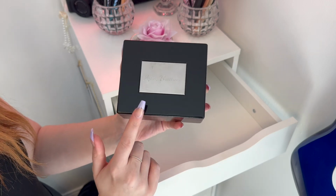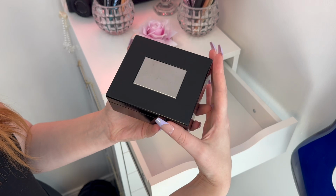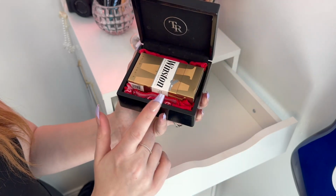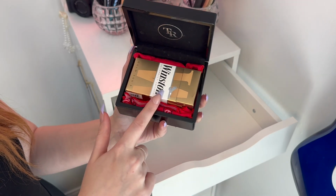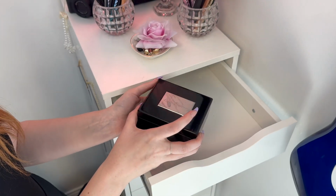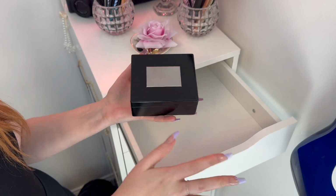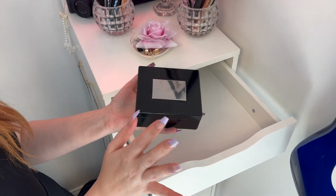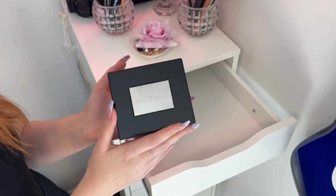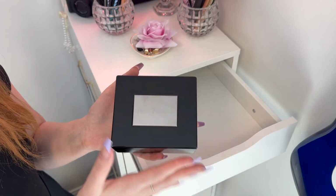So this was also a gift that I got from my grandpa. I had it engraved. It says Love Brittney, and inside I have his last pack of cigarettes and his handkerchief, and this just stays in here. I don't ever reach for it. Sentimentality wise, I want it to stay close to me, and I'll just put it back in there the exact way that it is. That's why I have this one in the top. It's not really makeup related, but